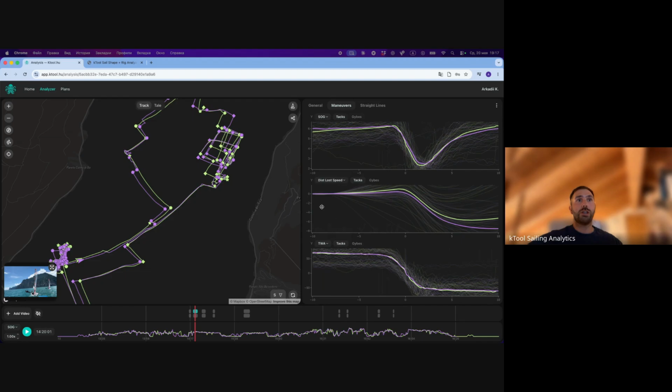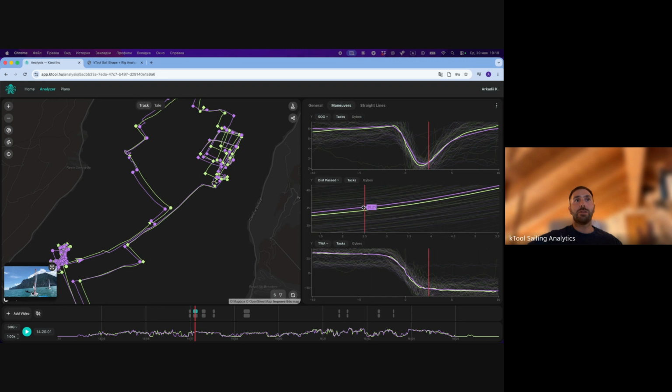You can check the distance loss, the absolute distance loss for the boat. So it is good to compare the boat with itself, because the distance loss is calculated on the entry speed of the boat. So this is how many meters the boat is losing compared to itself. If I want to compare different boats, we prefer to look at distance passed. So we can see that here the distance passed between two boats is actually very, very small by the end of the tack,